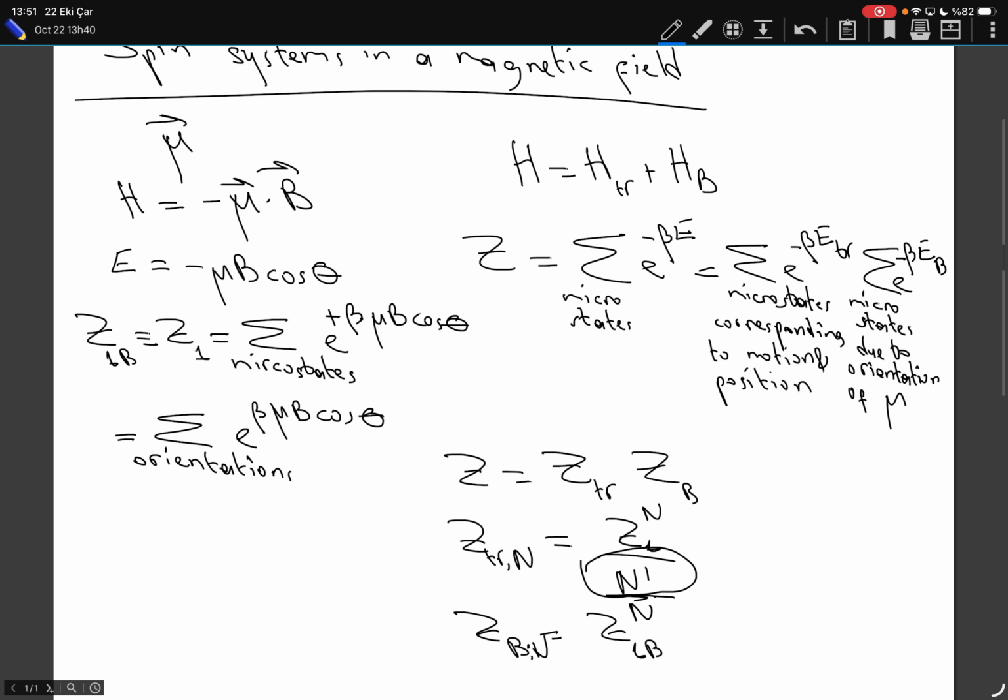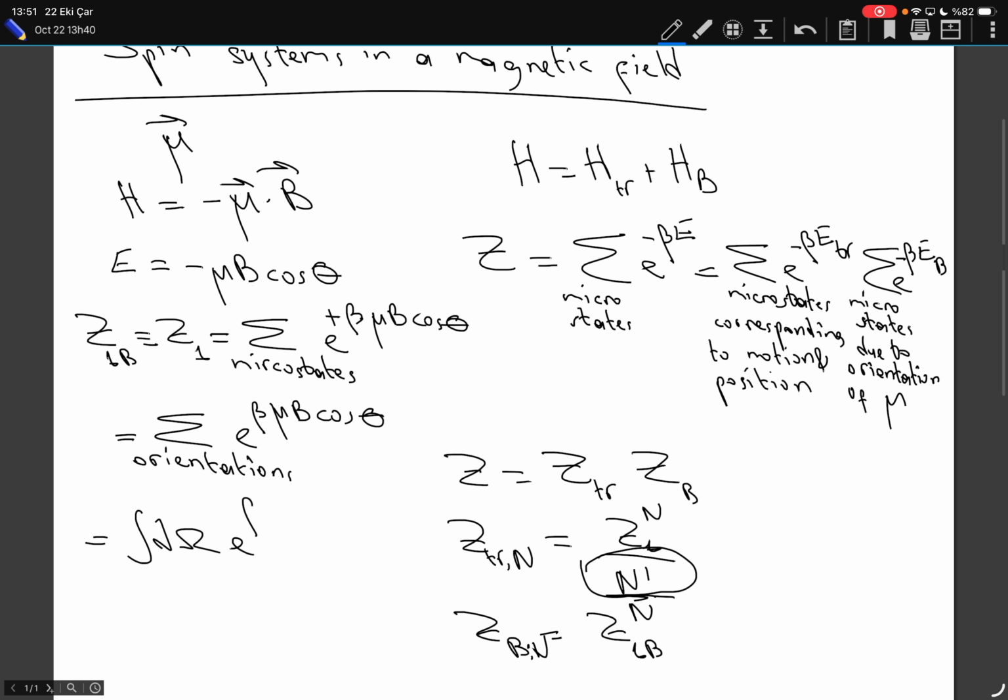Of course, it's not actually a sum, because orientations, at least classically speaking, take continuous values. So we should somehow write it as an integral. So any guess what will be the integral? So how should I write this integral? Okay, so you came prepared. It is an integral over the solid angle. It's the solid angle that specifies the orientation